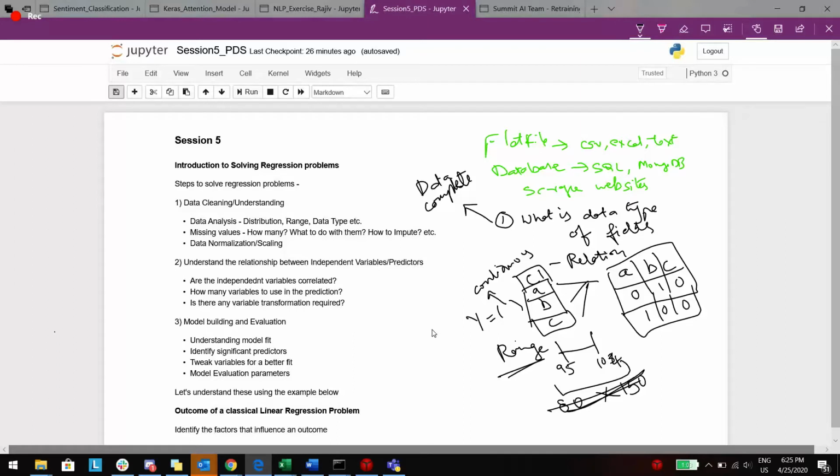And one more thing which we need to look at is the missing values. So for example, let's take the same example, something like tire pressure. Say they are trying to analyze accidents based on the tire pressure of the vehicles, if the data is captured.